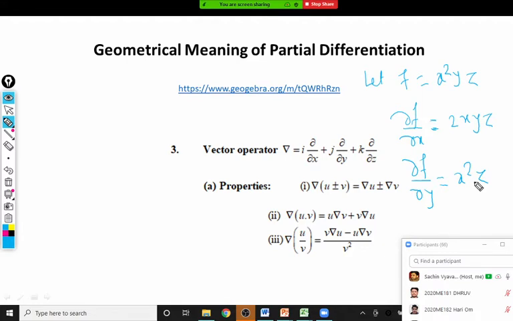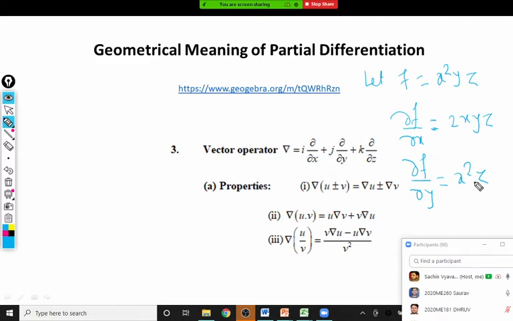But now the question is, if we are not interested in finding the rate of change of the function along only the x-axis or y-axis, and I am interested in getting the rate of change of this function along some random direction. For example, what is the rate of change of the function along the direction, say, 1, 1, 1, at the point 1, 1, 1, or along i plus j plus k? Are you getting my question?